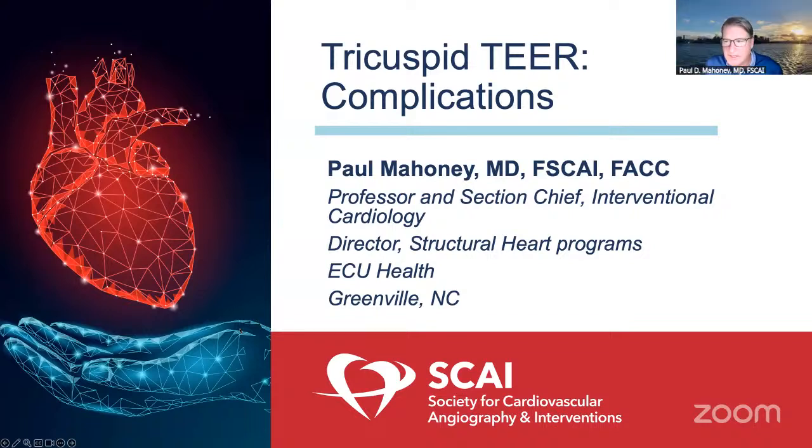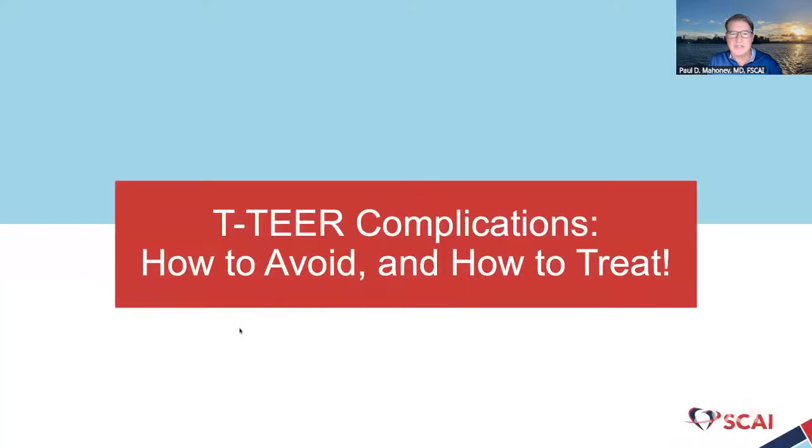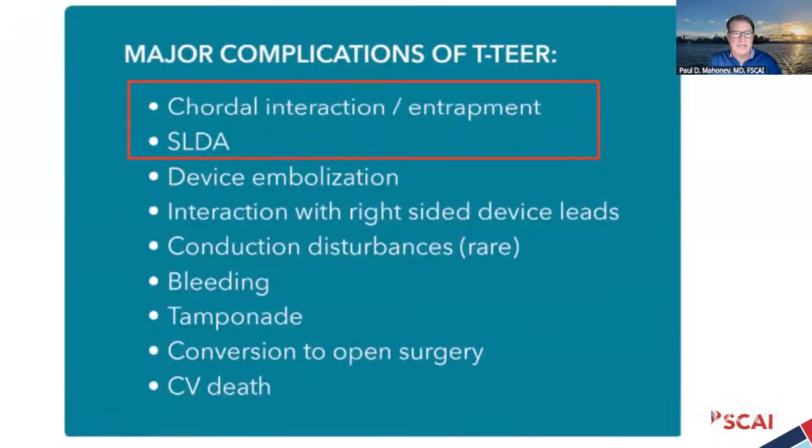All right. If you can't see my slides, let me know, and I'll try to go through it quickly. A lot of this has been covered by some of our previous outstanding speakers. So, complications, how to avoid and how to treat. Again, this is all from the book chapter, so all these charts and images are available. The major complications of tricuspid TEER are chordal interaction and entrapment, and SLDA, and those are grouped. Then the less common ones: device embolization, interaction with leads, conduction disturbances, bleeding, tamponade, and conversion to open surgery